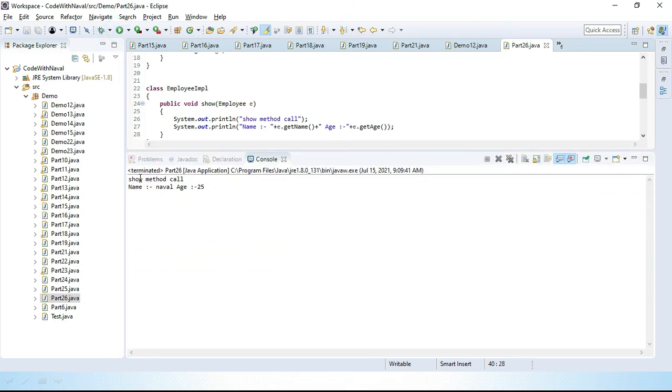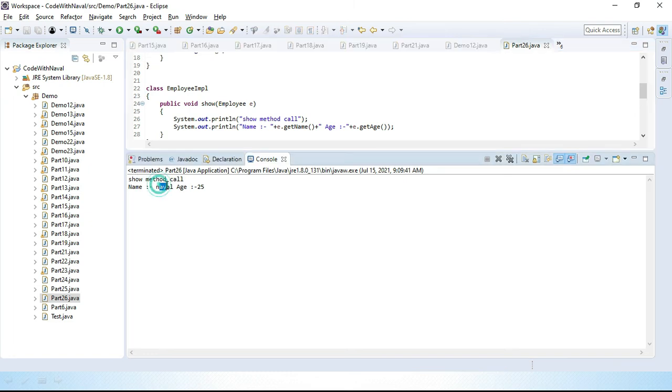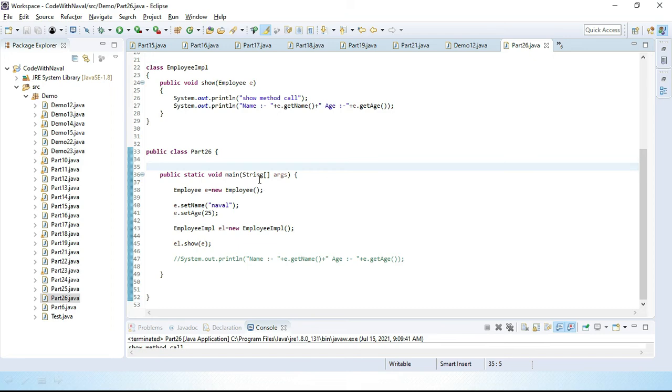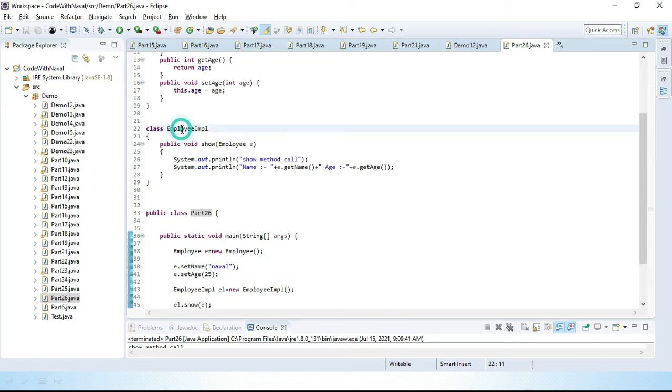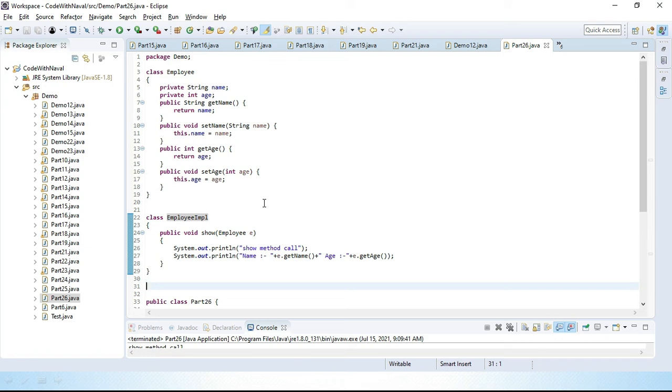Now you can see show method call, and here we got our values, name and age. So in this way we can use these bean classes for transferring data from one class to another class. Here we set data in a class, part 26, and we pass that data to the employee IMPL. In this way we can pass data from one layer to another layer.